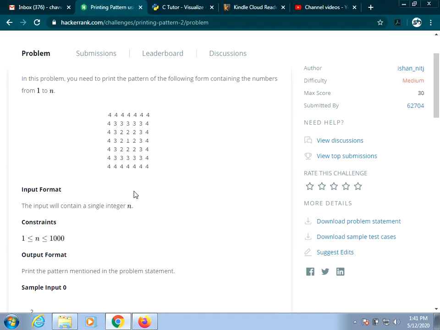So coming to this pattern, we are going to basically solve the first part, that is upper part of your matrix, that is the first 3 lines for this example. And if you see, the next 3 lines will be similar to the first 3 lines, and we will be having a differentiation in the middle line. Okay, so we'll be breaking down the first part, that is this triangular part, and then we'll be writing a code for this part. So in this manner we are going to solve this particular thing, that is we are going to break down into upper part of your matrix and lower part of your matrix.